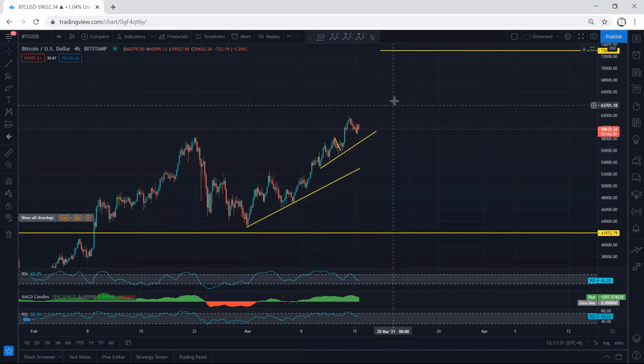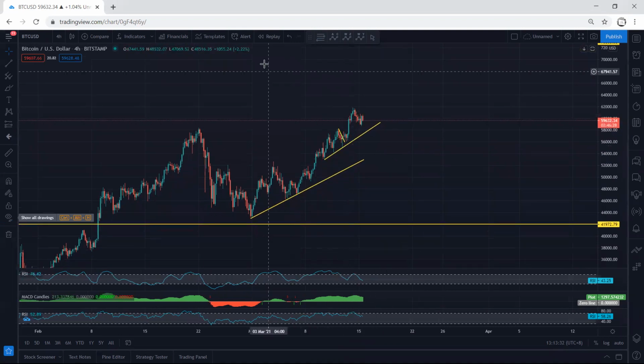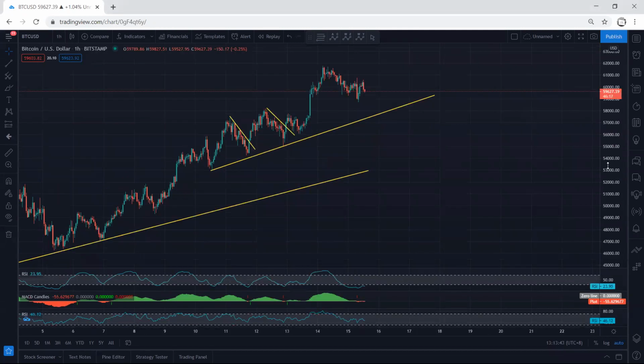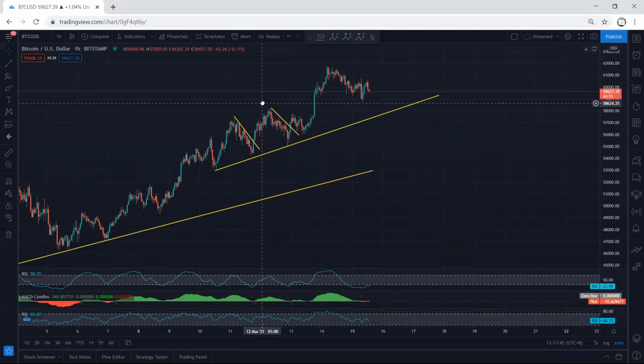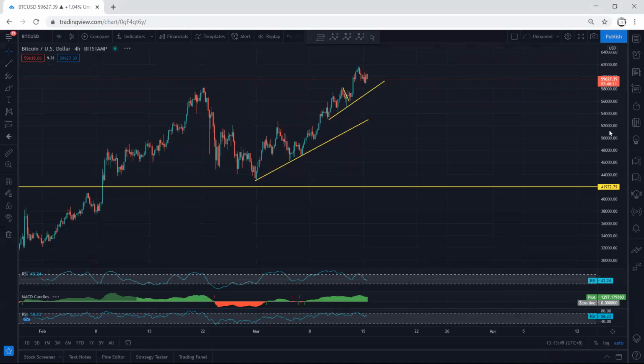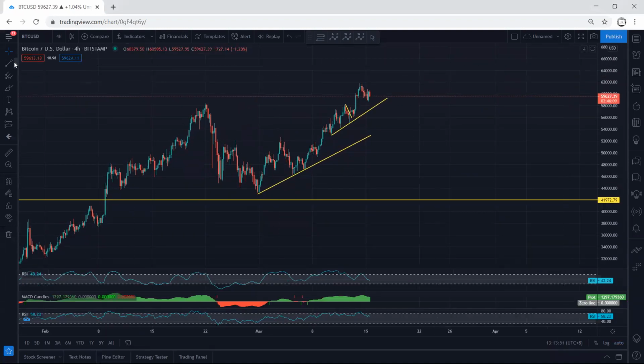In this case, based on the 4 hour chart, we don't have anything. The only thing is whether this one can continue and take this trend line or not. If we move to the 1 hour chart, one thing I need to put here, I forgot. If you put our line here at the top, and move to the 1 hour chart,